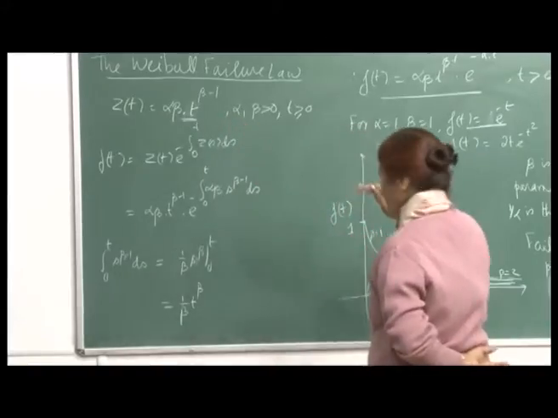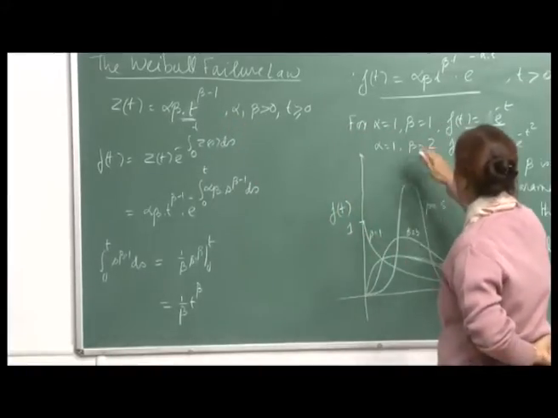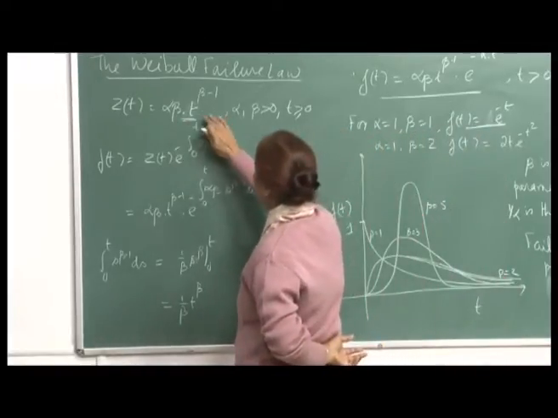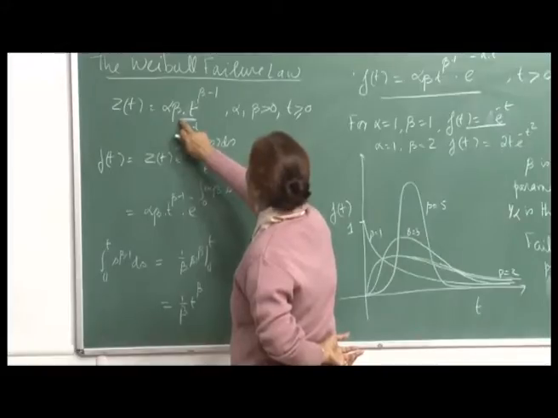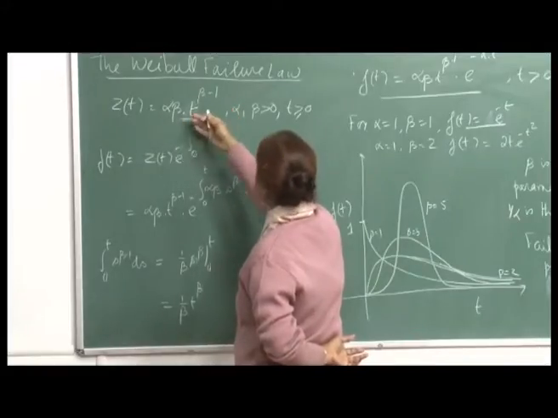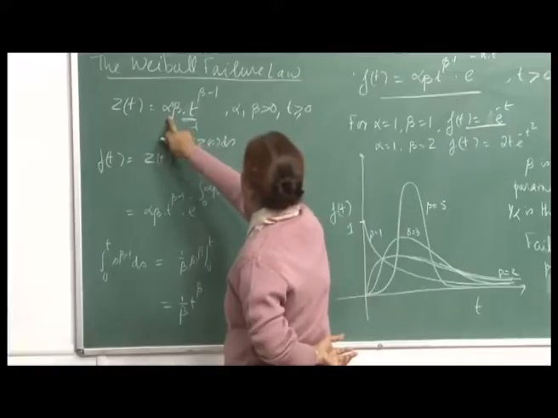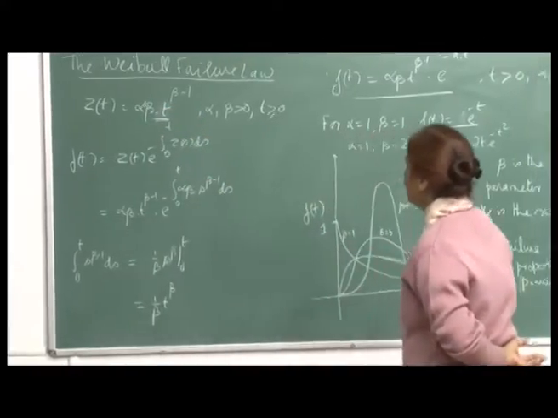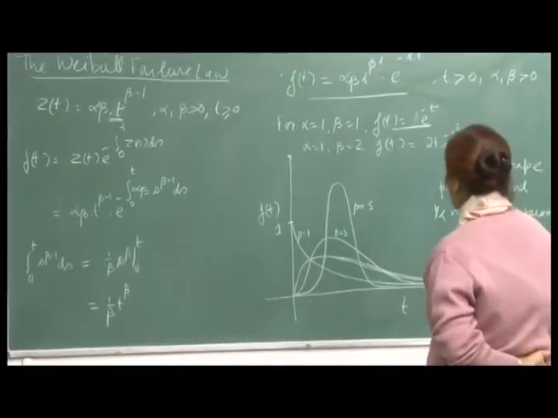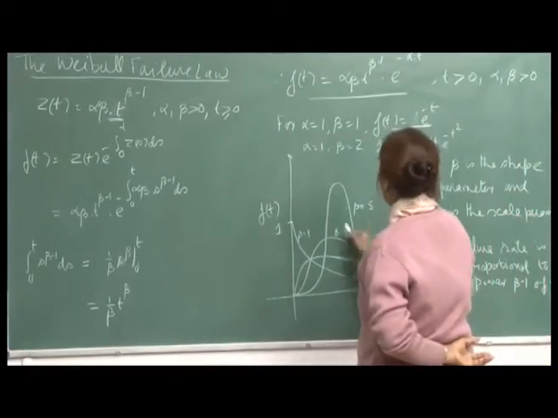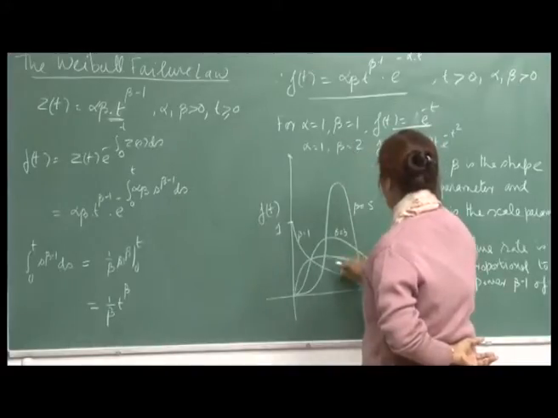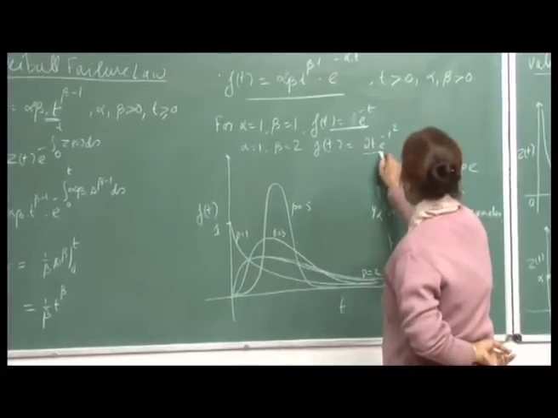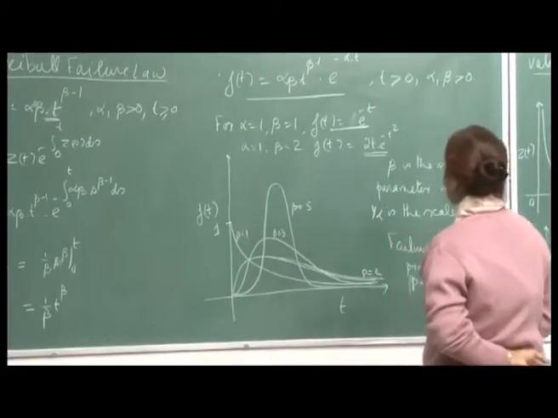So, you see for different values of beta things are changing. Alpha equal to 1 beta equal to 1 you got constant, alpha equal to 1 beta equal to 2 you get linear, and in fact, any value of alpha does not have to be 1, in that case it will be a linear function of t, if beta is 2. And here of course, I have drawn the diagram for alpha equal to 1 and beta equal to 2. Then the corresponding PDF will be 2 t e raised to minus t square.